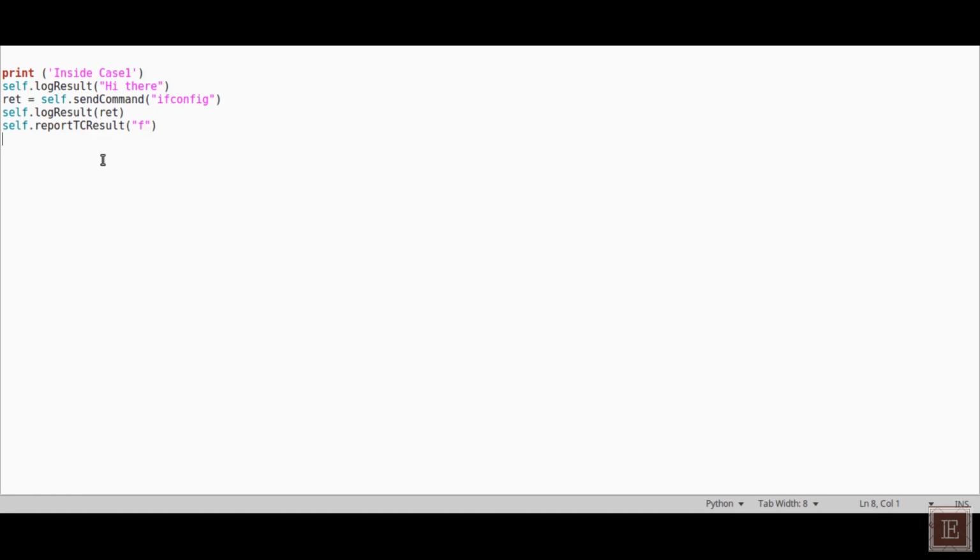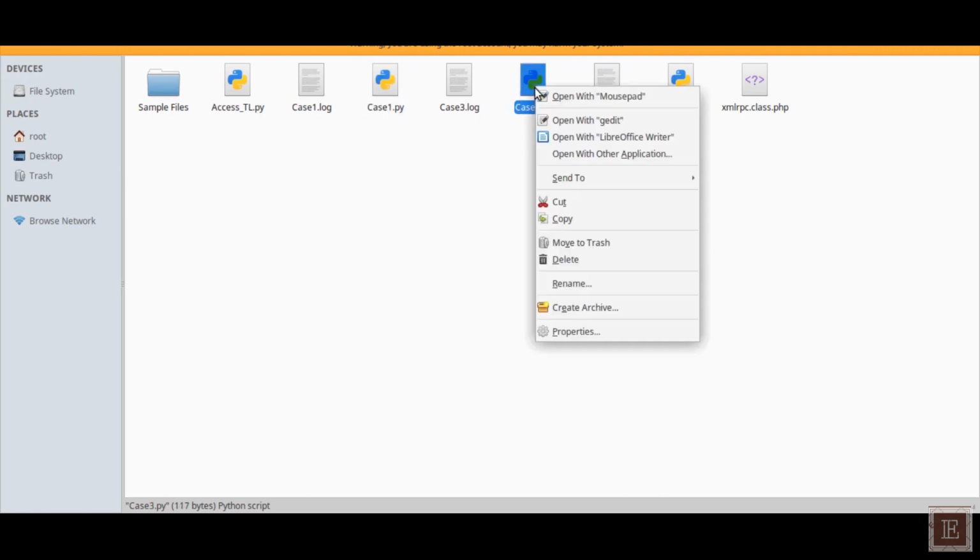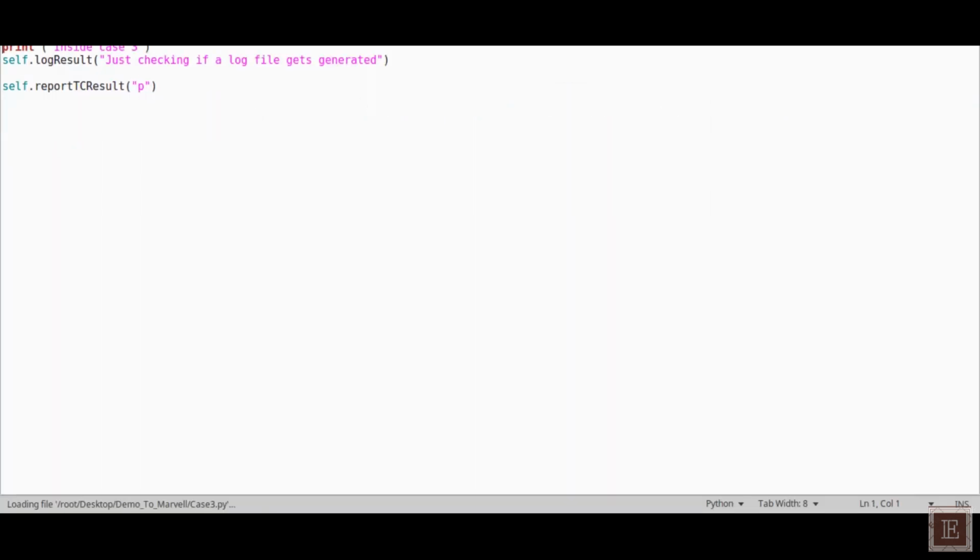Okay. So when I open TestLink, you will see in the test run that this particular test case has failed. When I run test case 2, you will see that it will produce a very interesting result, because test case 2 in this case does not have any test scripts associated with it, so it is just going to show an error. So anyway, if you see the second log file here,